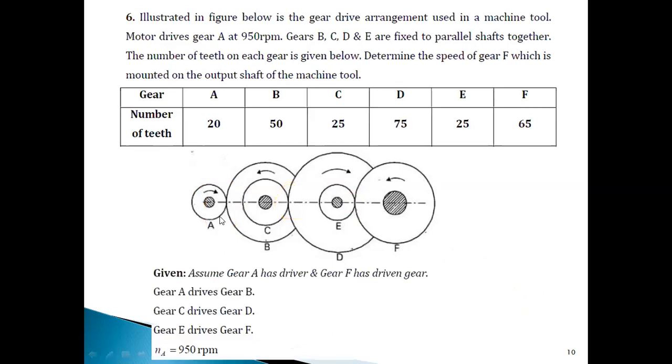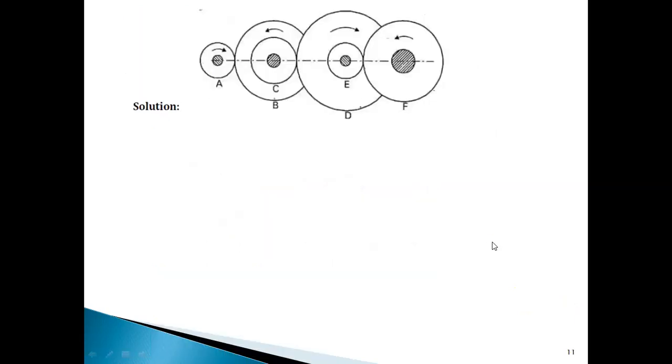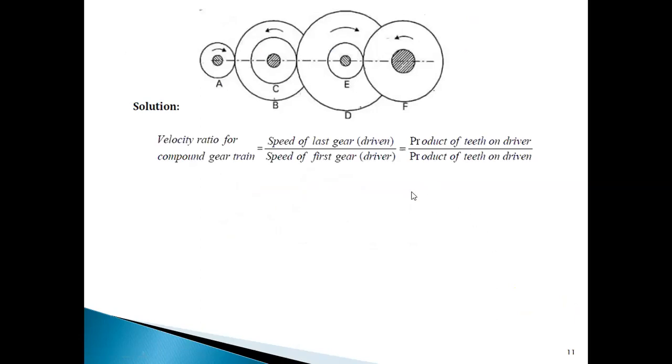So yes, as I told you, gear A is driving gear B, which means A is our driver, B is our driven gear, first case. Second case, gear C drives gear D. Third case, gear E drives gear F. So now, as I was telling you, we are using this equation. Then, yes, as I told you, TA by TB, this combination TC by TD into TE by TF. Or if you observe carefully, product of teeth on the driver to the product of teeth on the driven, you get this case. Substitute the things, simplify and get the answers. So the speed of the driven gear is 48.71 rpm. These are the things.